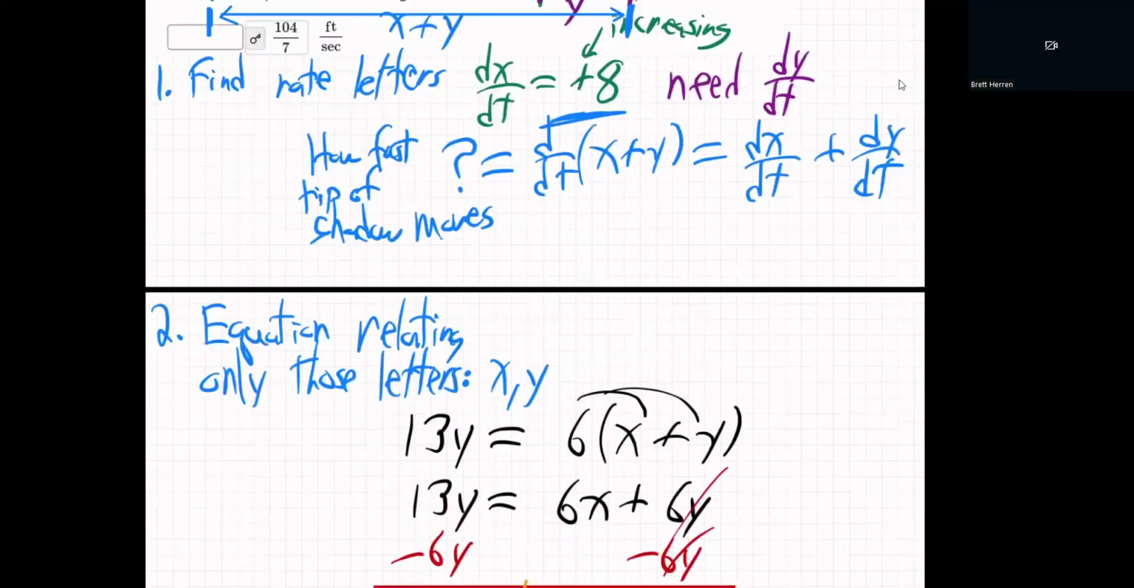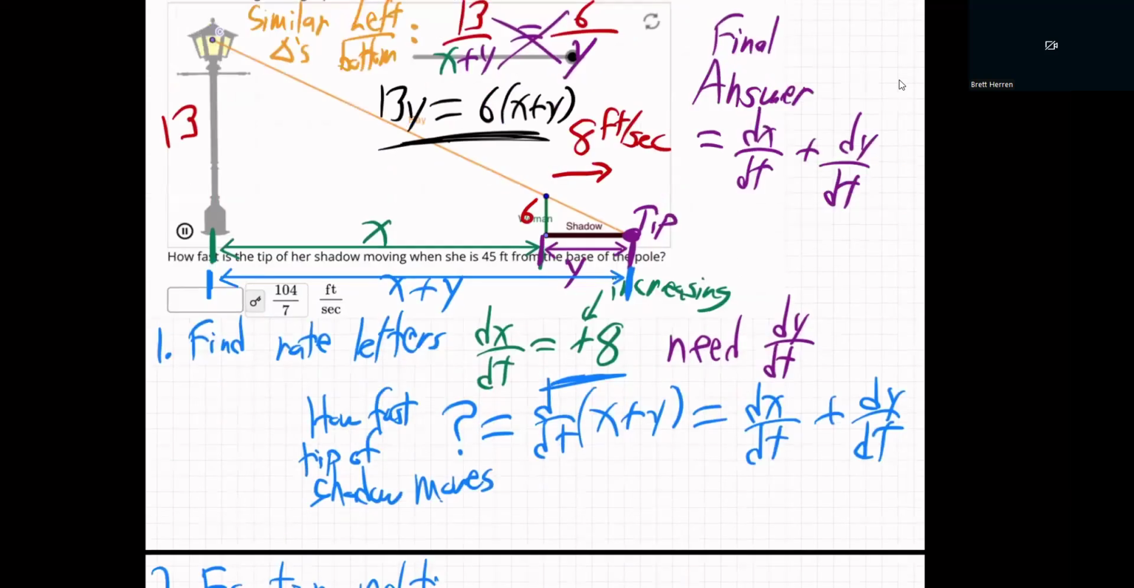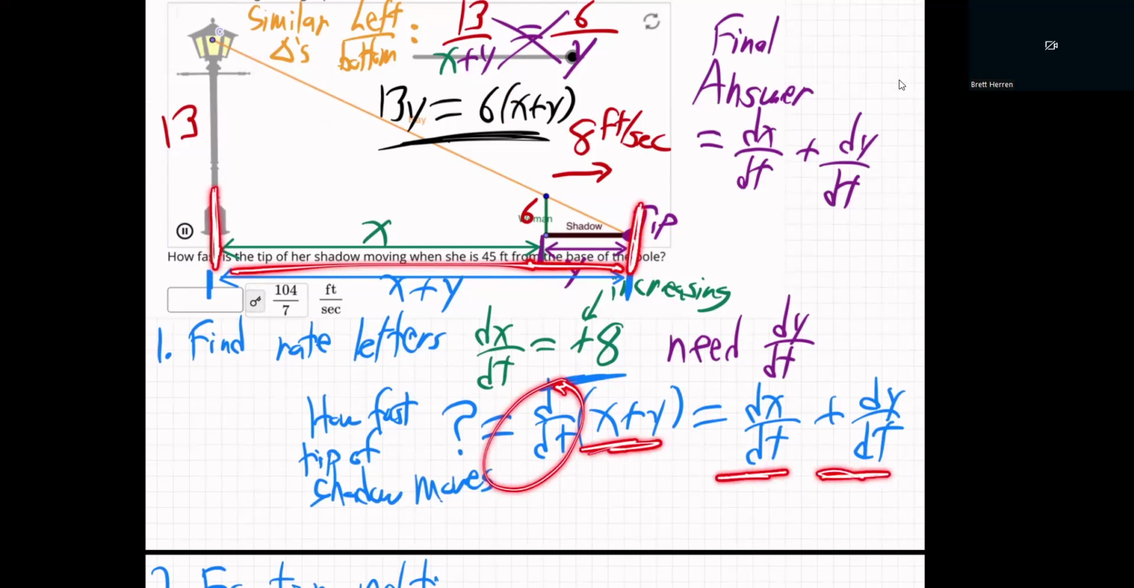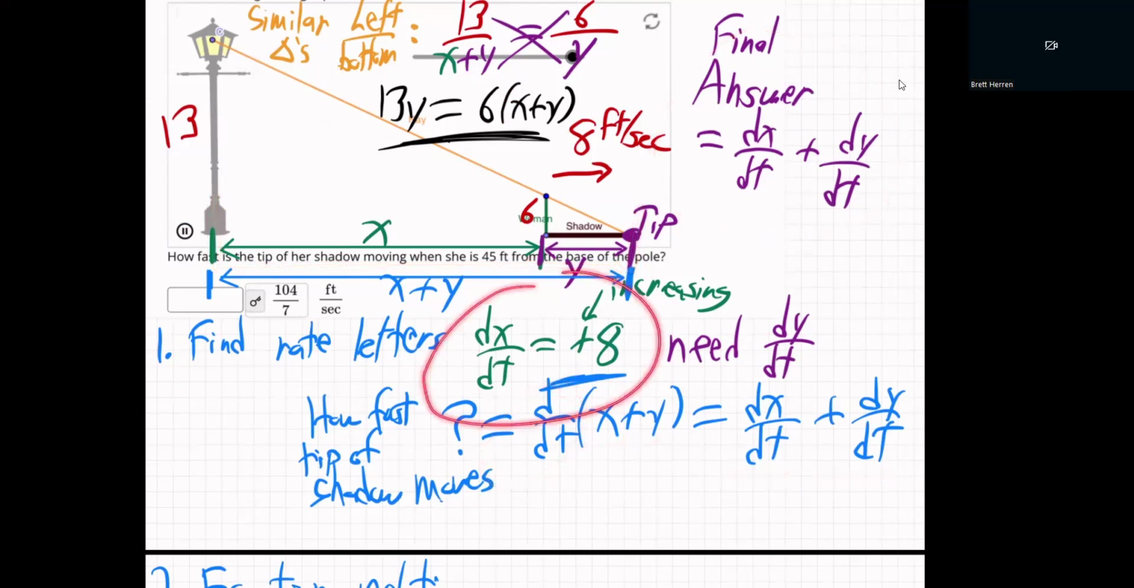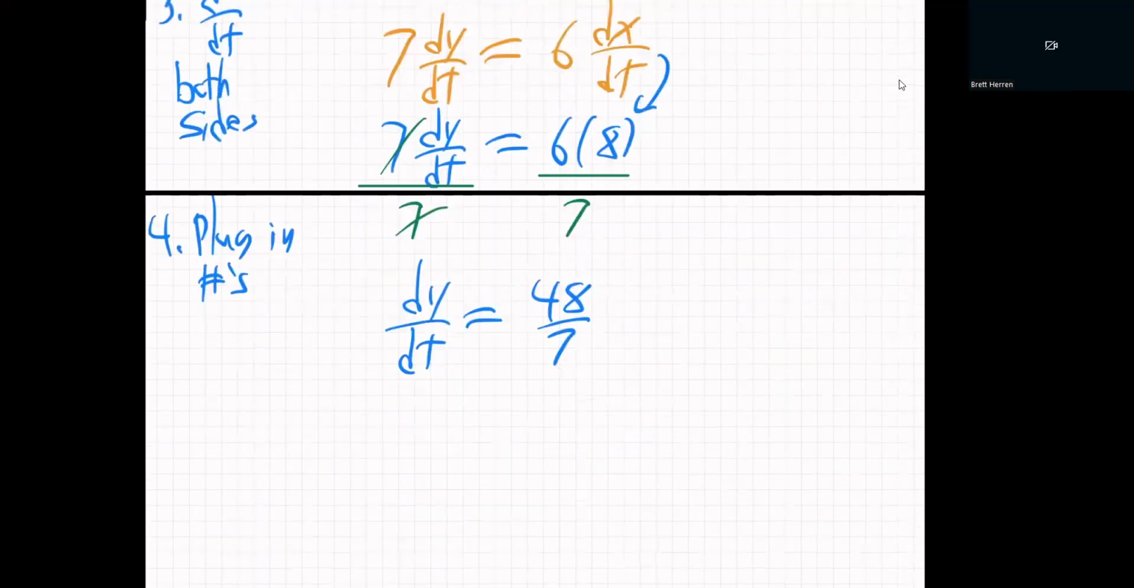Remember, as we analyzed up here, they asked how fast is the tip of her shadow moving when she's 45 feet from the base of the pole? So from the base of the pole to the tip of her shadow, that is x plus y. The rate of change of that, d/dt of x plus y, is dx/dt plus dy/dt. So the final answer is going to be dx/dt plus dy/dt. We already know dx/dt is 8. So final answer,